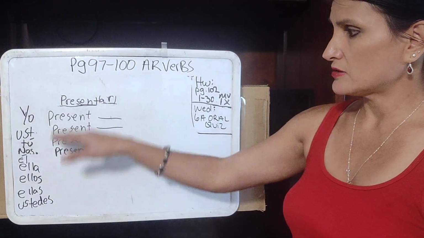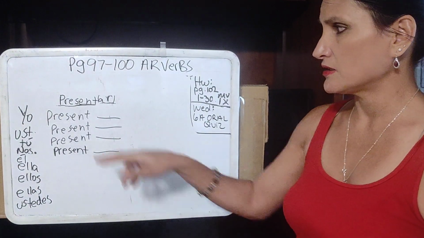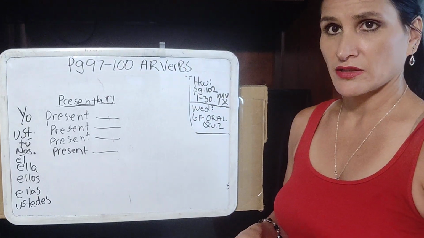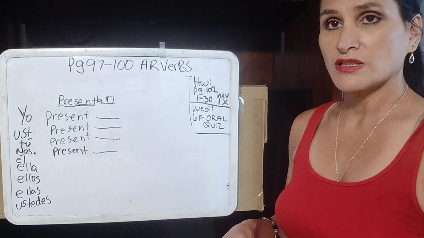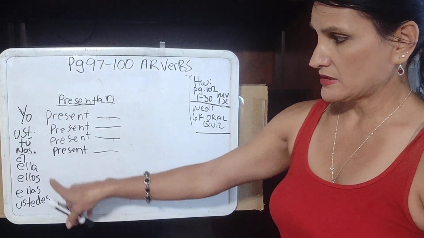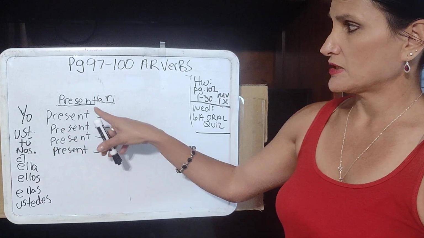All right, going over the lesson. The last lesson we talked about what an infinitive is. And remember that an infinitive is a verb written with an ending of an AR, an ER, or an IR. For our purposes, we're only going to be studying AR verbs. I've written here your 9 subject pronouns that we've already talked about, and next to them I've written down the